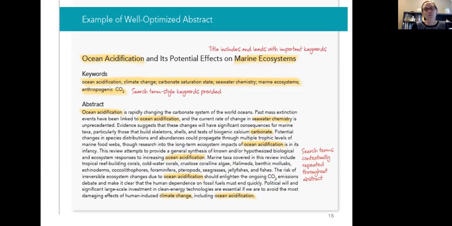And then in the abstract, they've woven together some of those keywords throughout, so that the keywords are embedded in all of these places. That's the way to really improve the use of the keywords and have them work for you in terms of search engine optimization. And it really just makes your work a bit more visible. And that's definitely something that I, for sure, have failed at in my experience.